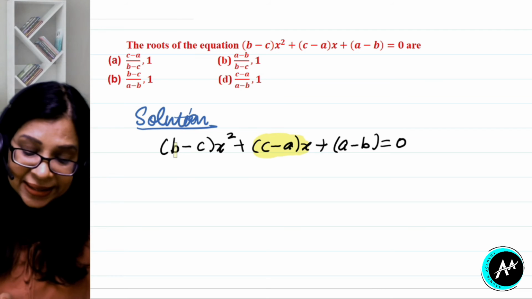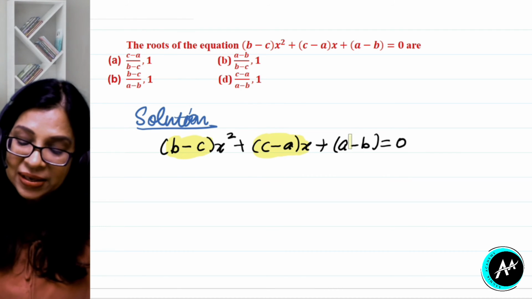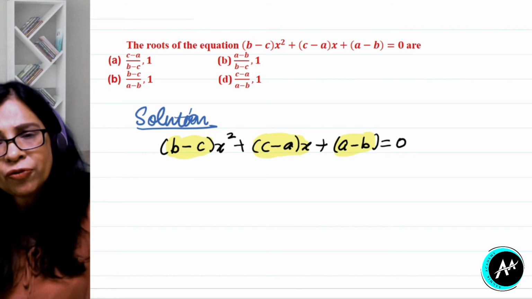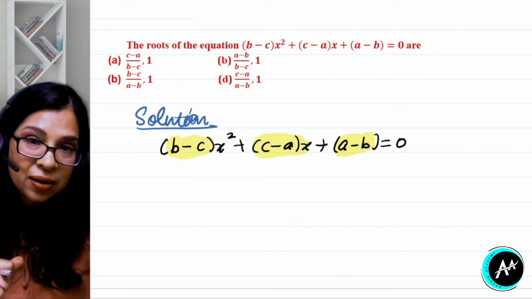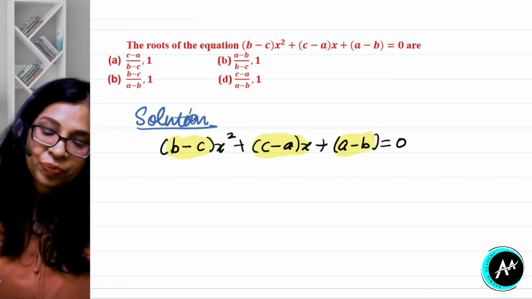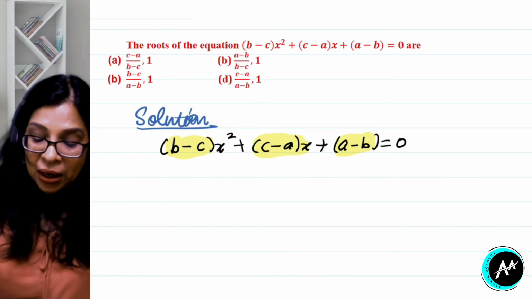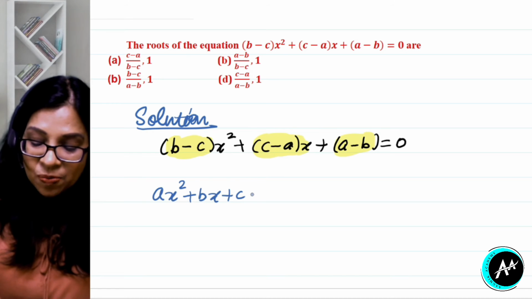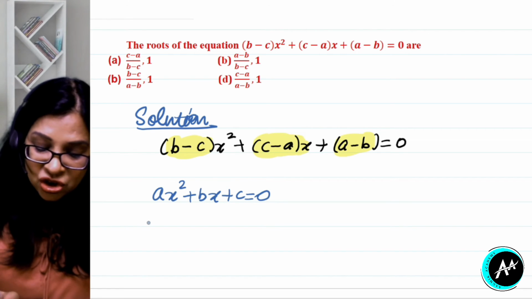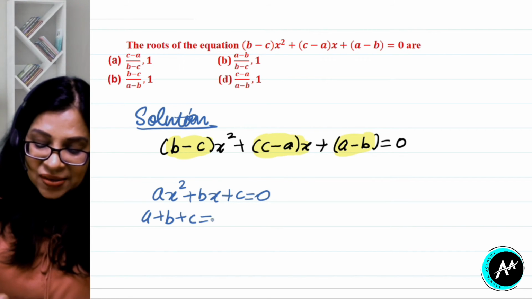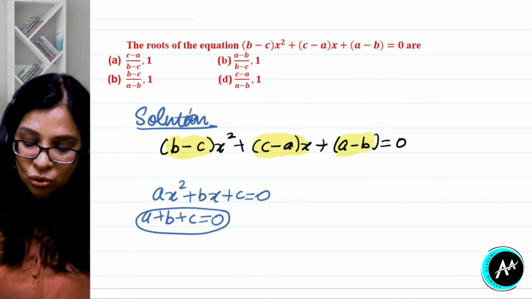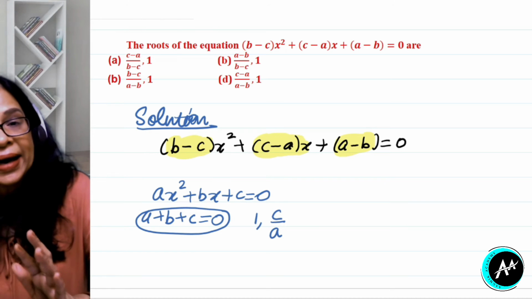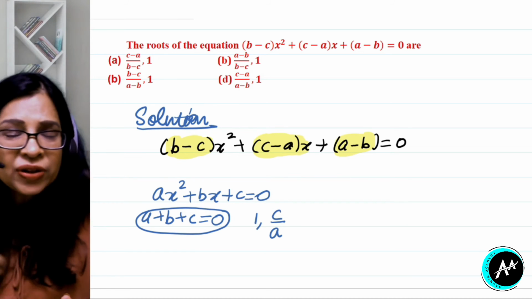Quadratic formula. Since we have b minus c as the coefficient of x square and c minus a as the coefficient of x, finding D and then applying the quadratic formula will again be a very tedious task. We observe one thing. What is the result that we have done? If I have the equation ax square plus bx plus c equal to 0, in which a plus b plus c is 0, that is, the sum of coefficients is 0, then one root is 1 and the other is c upon a. So it gives me the roots directly, without solving it.